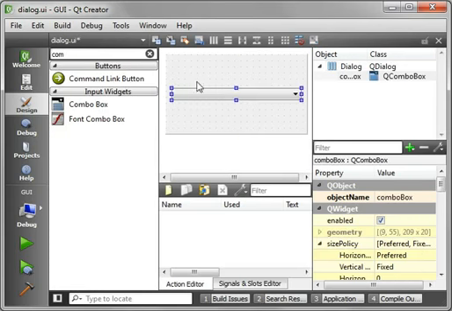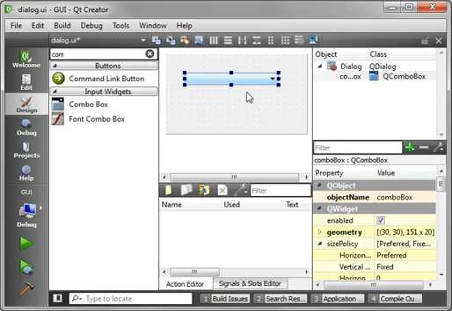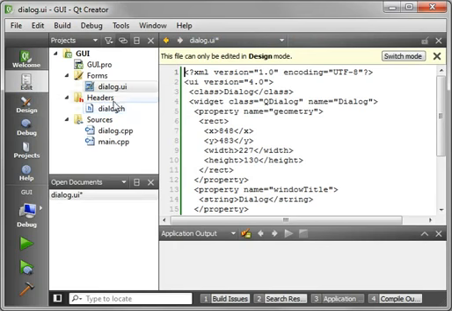If you have no idea what a combo box is, it should be pretty self-explanatory once you drag and drop one onto a form. Yes, it's that little box where you click it and you get a list of options. We're going to build one of those today. So just drag and drop one on, and then let's go into